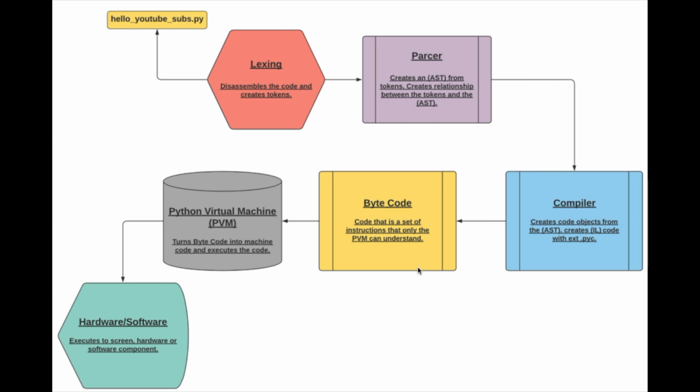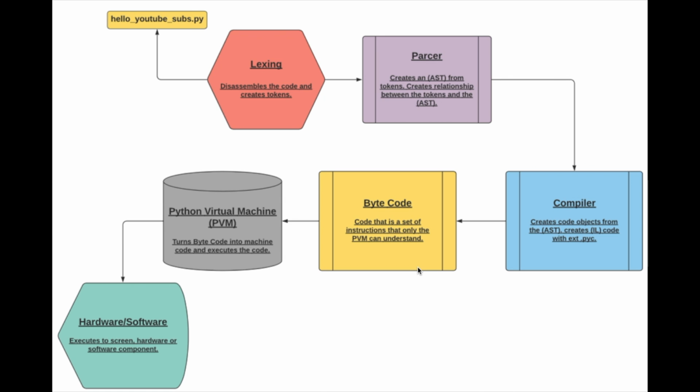Now let's talk a little bit about the compiler. In normal circumstances, a compiler usually operates outside of the interpreter, which is why a lot of programming languages are faster than Python, because the compiling happens outside of the actual running of the software. So by the time the software runs, there's no compiling that needs to be done, it just executes. But in Python, the compiler is located inside of the Python interpreter. So at runtime, it's compiling. And that actually slows down the execution of your Python source code.